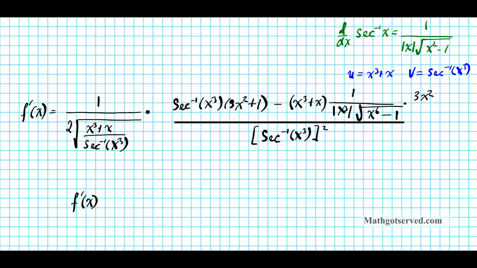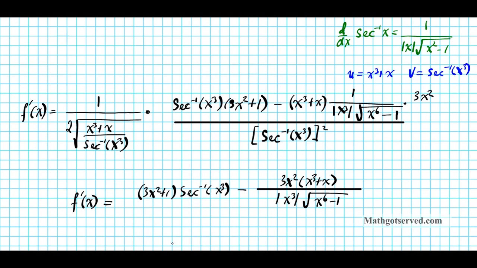F prime of x is going to be 3x squared plus 1 times the arcsecant of x to the third minus, now the numerators, I can put all the numerators together, 3x squared times x to the third plus x, divided by the denominator, which is the absolute value of x to the third times the square root of x to the sixth minus 1,